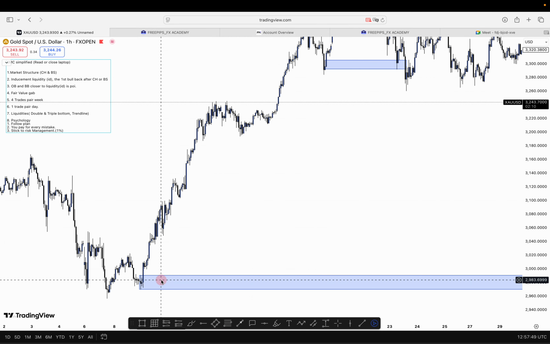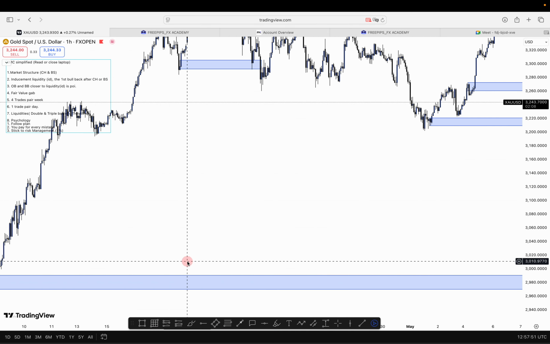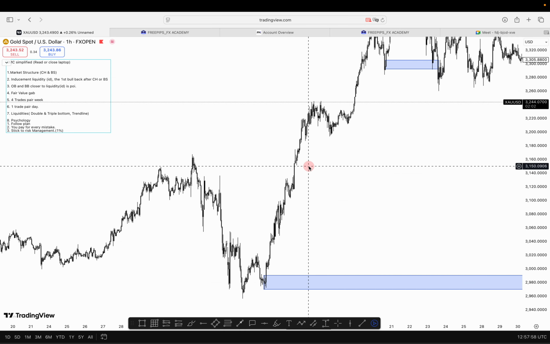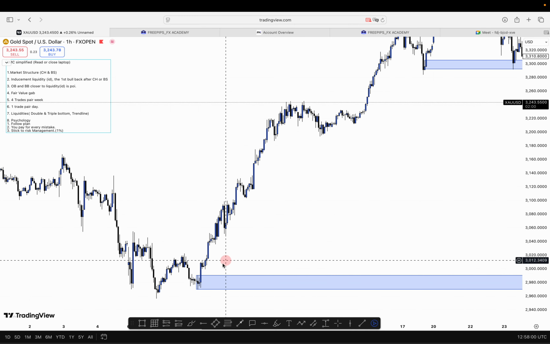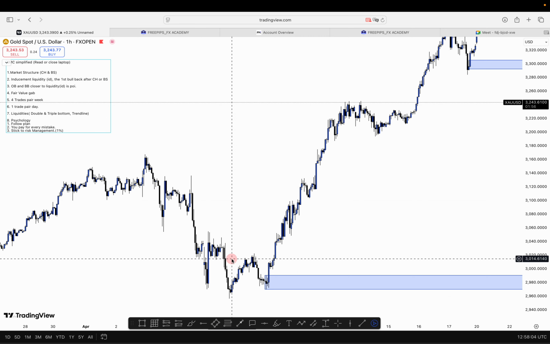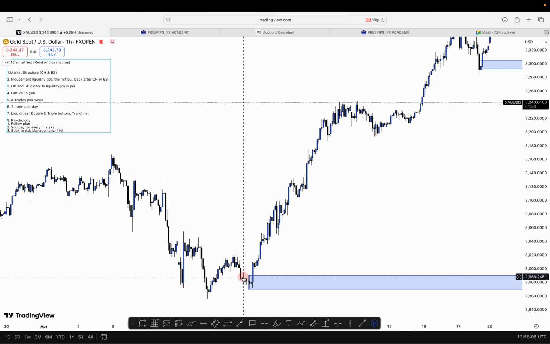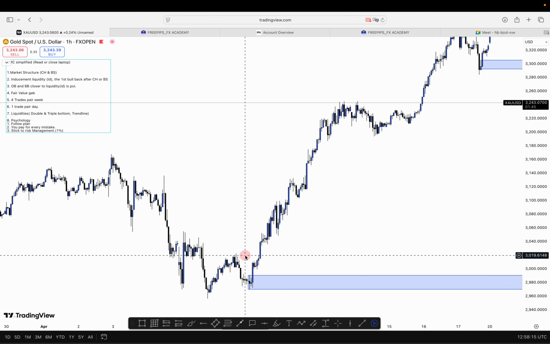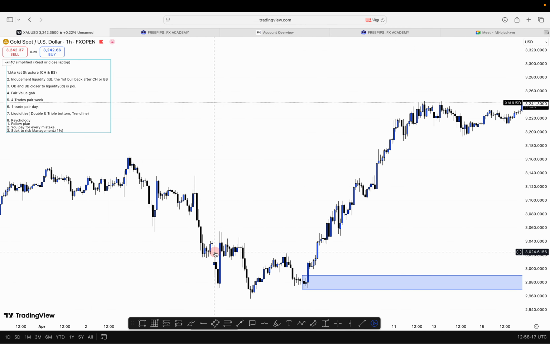Because per the definition we said, it is the last bullish or bearish candlestick before a strong move. And wherever you see a strong move, there will be a last bullish or bearish candlestick. For buys, we look for order blocks below fair value gaps. For sells, we look for order blocks above fair value gaps. Example,